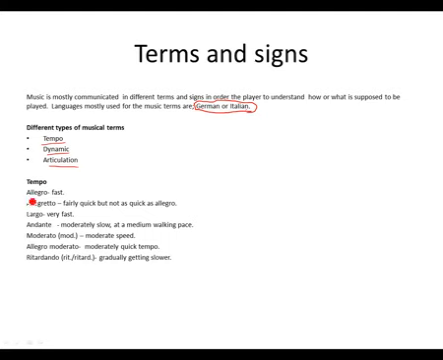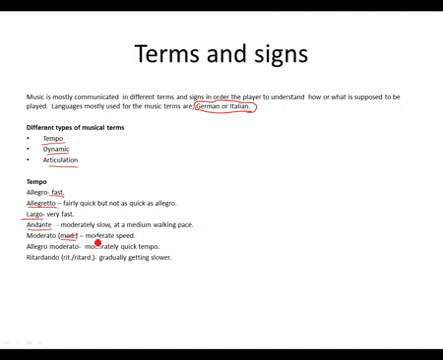Let's take a look at the tempo. We have allegro, meaning fast. Allegretto, fairly quick, but not as quick as allegro. Then we have largo, meaning very slow. Andante, meaning moderately slow, at a medium walking pace. Then we have moderato, abbreviated as mod,